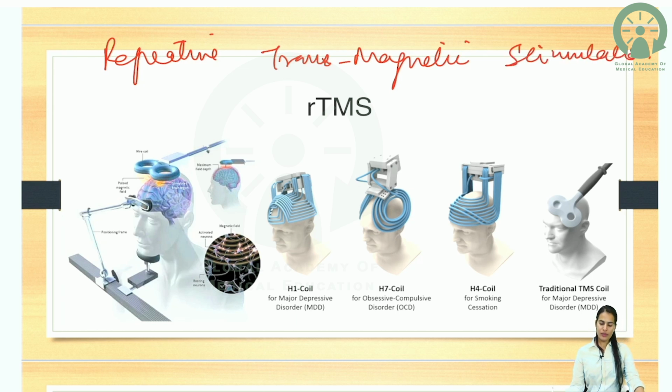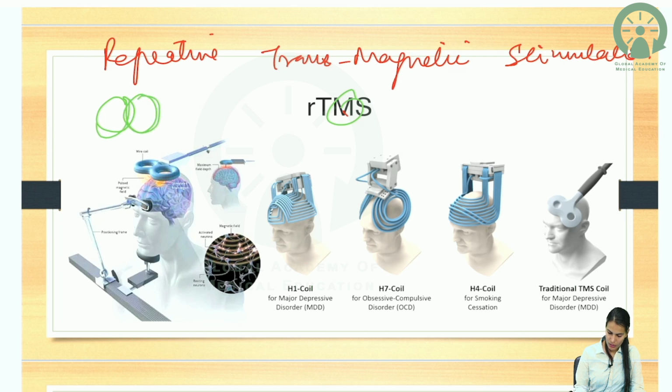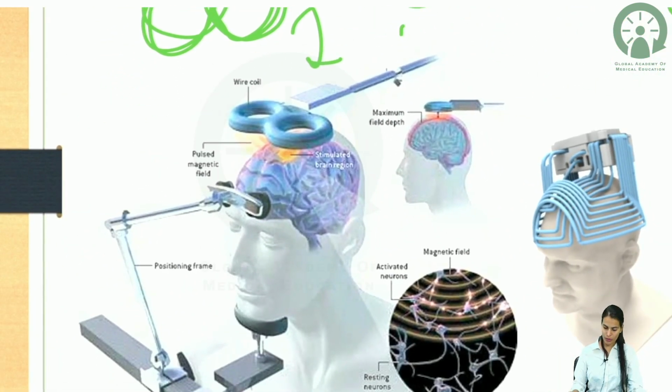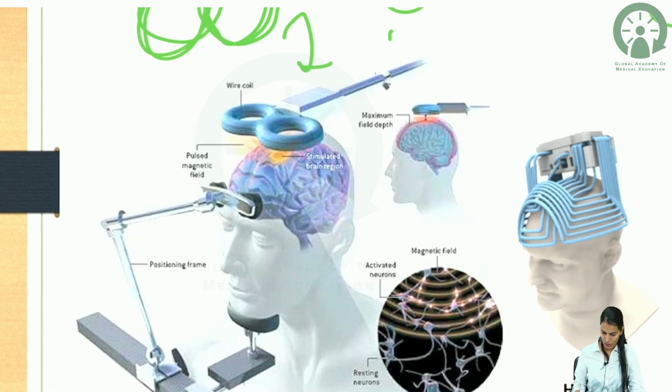As the name itself tells, it is magnetic. So here we have magnetic stimulation. Various image-based questions would come, or they would give you a circular coil like this, which is known as a figure-of-8 shaped coil or double ring coil, and with this repeated stimulation is given to particular specific areas depending upon the treatment of the disorder.